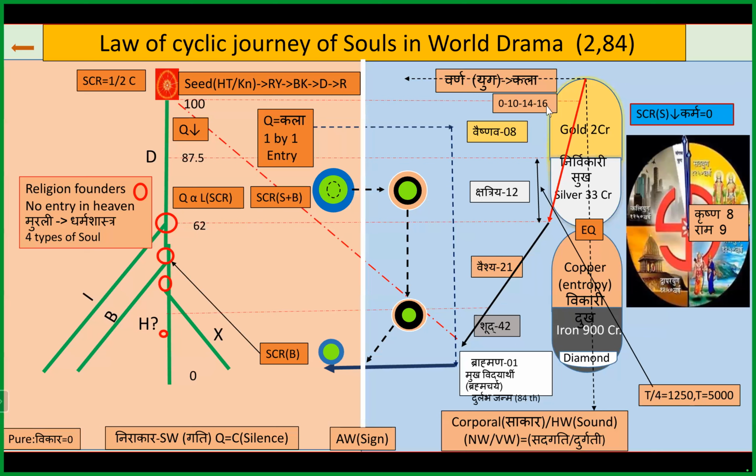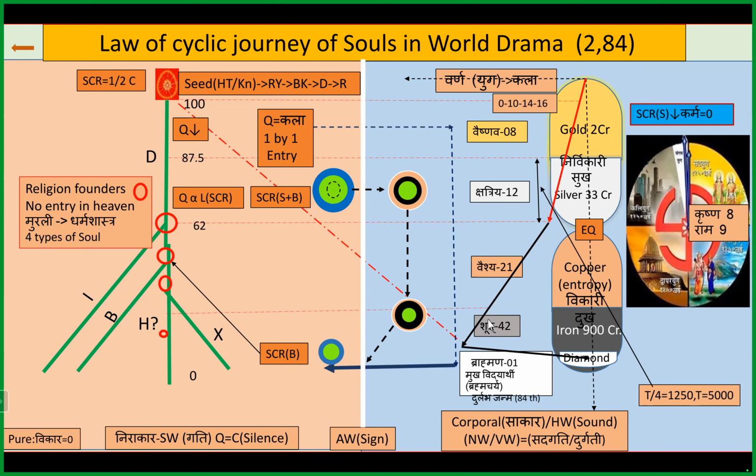So this is a Sola Kala. Here Sola Kala is Sampurna. Here the end of this is 14 Kala. The end of this is 10 Kala. And the end of this is 0 Kala. So you can see that the efficiency is 16 here, and then it keeps on reducing and almost becomes 0 at the end of the Kali Yuga. And then the cycle starts.